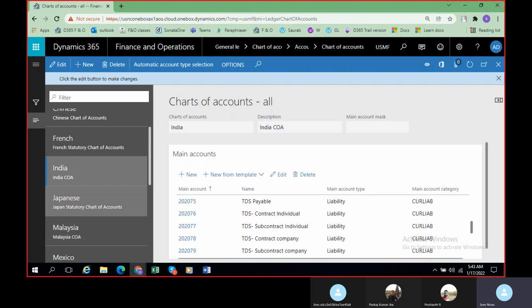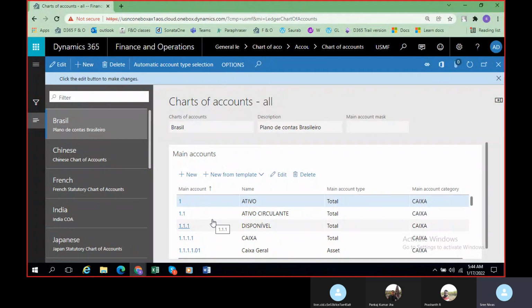So like this, in a few countries, there might be certain requirements if they wanted to create something, or anything related to statutory reports. Based on the requirement of the statutory reports also, this sort of accounts can be customized as per the requirement. Let us see how it looks for 2-3 countries here. See, for Brazil, if you see, instead of giving